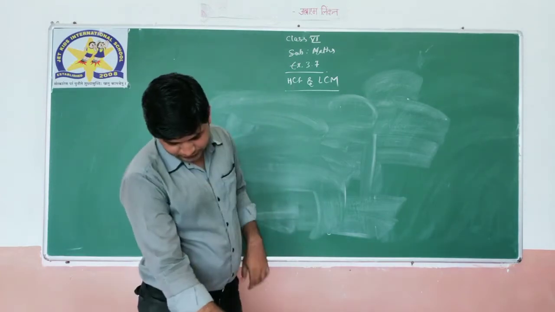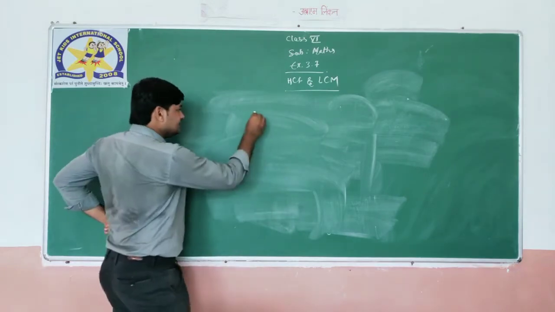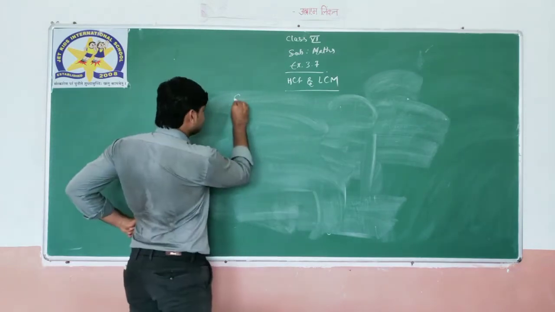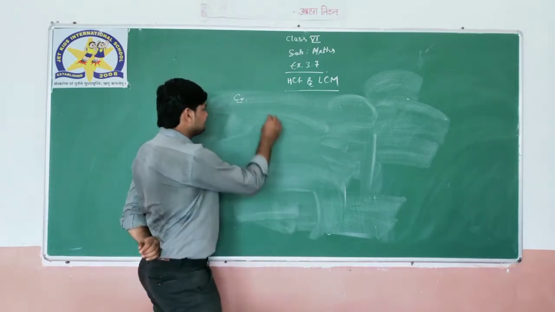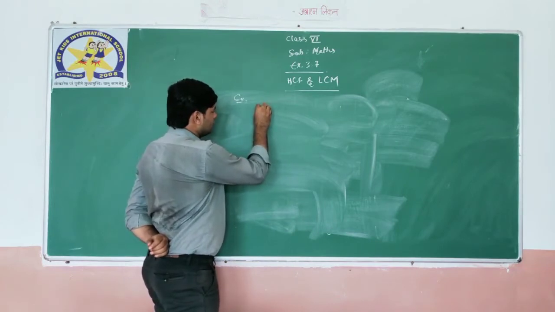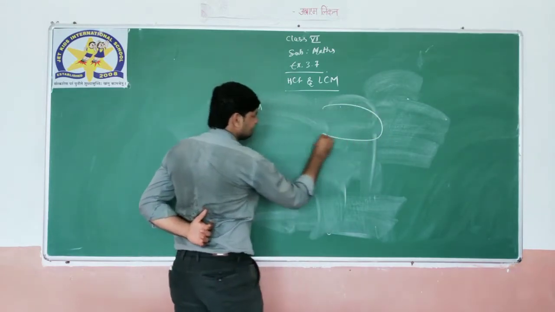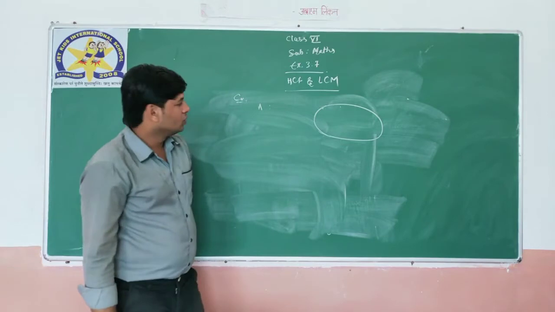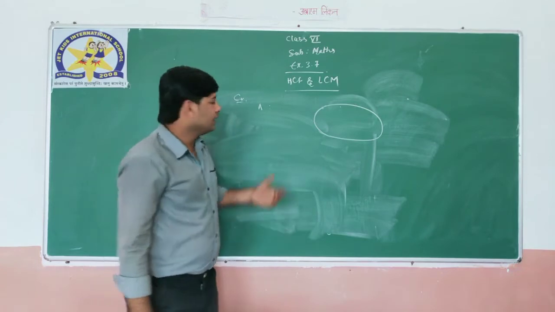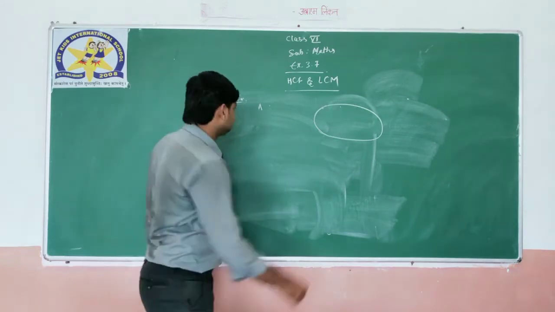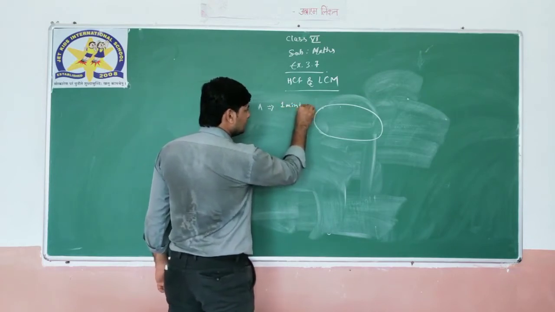See, question number 2 is about steps. First we are taking an example for better understanding. If we are taking 3 students, okay, there is a ground, and 3 students are running on this ground. Now, in how much time will A complete? In 1 minute A completes the whole round.